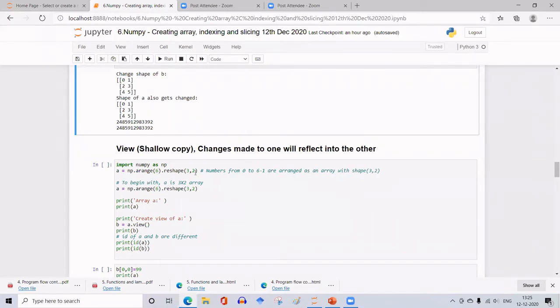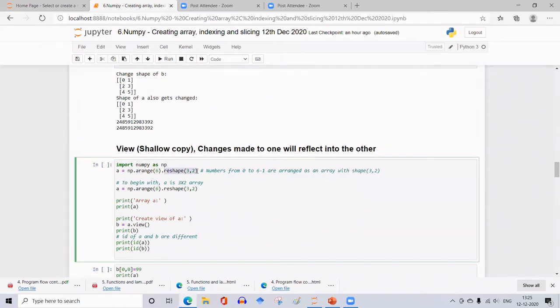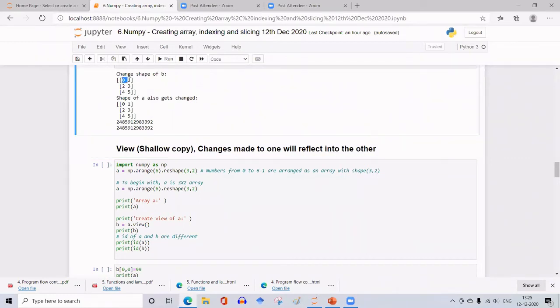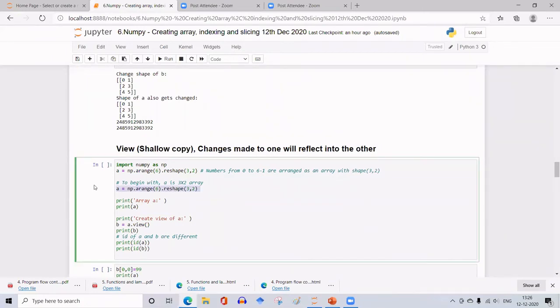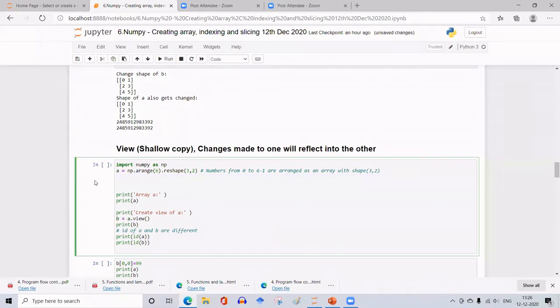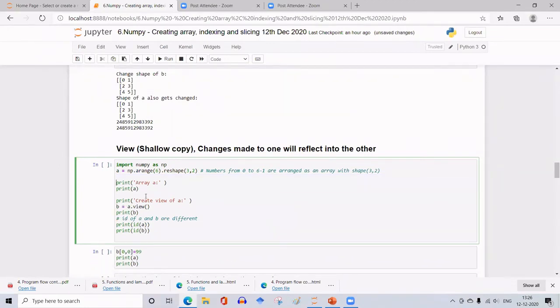So in a single line, I am taking 0 to 5 as an array and organizing it in the shape of a 3 by 2 matrix, 3 rows and 2 columns. If I print that, I'll get this matrix. Print the array A. It will print the same thing.